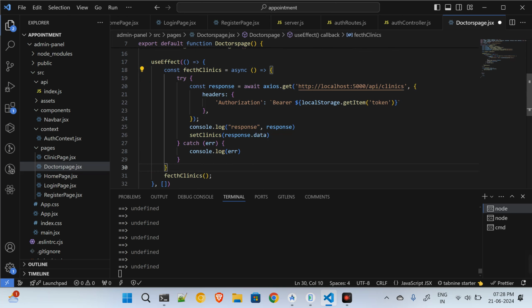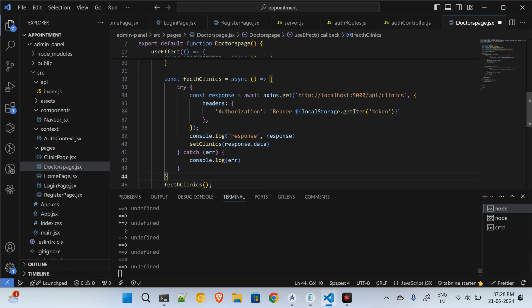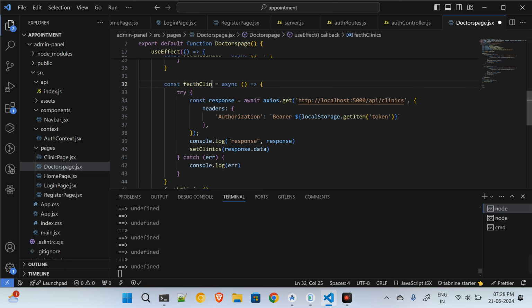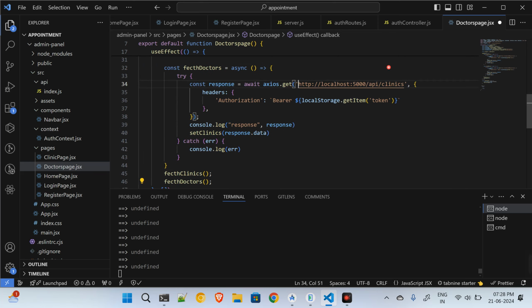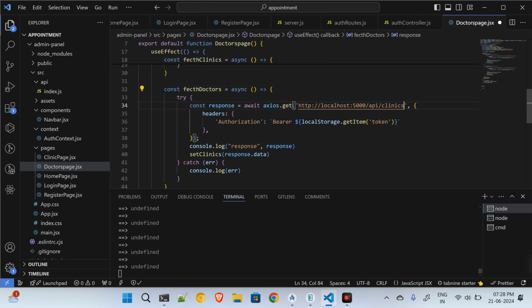I'll copy paste this as well over here, and I will say fetch doctors, and I will copy this and I'll make the function call over here as well of this. And what just happened? Okay, so API call of